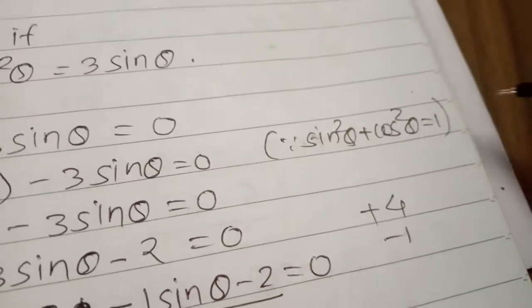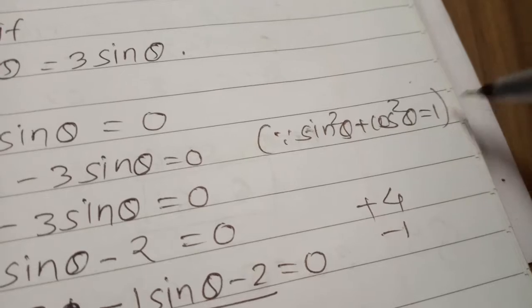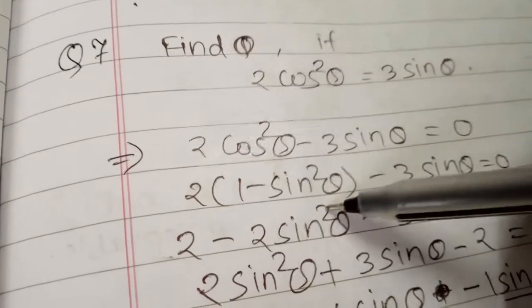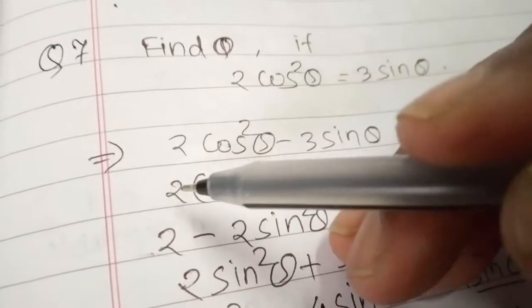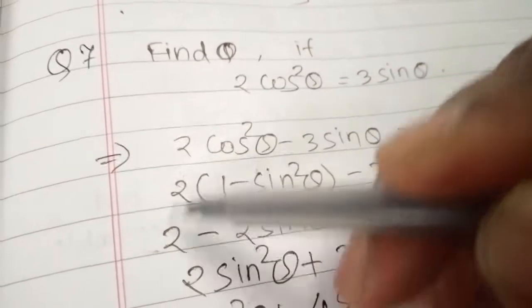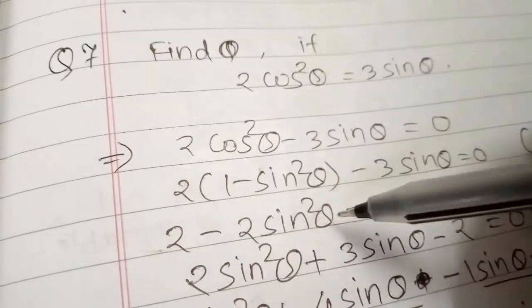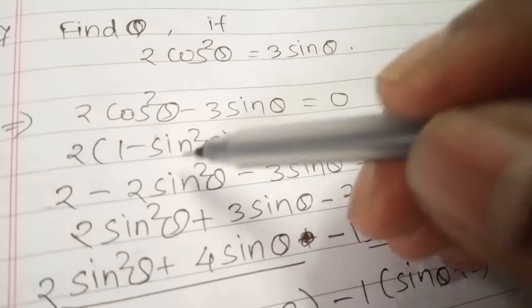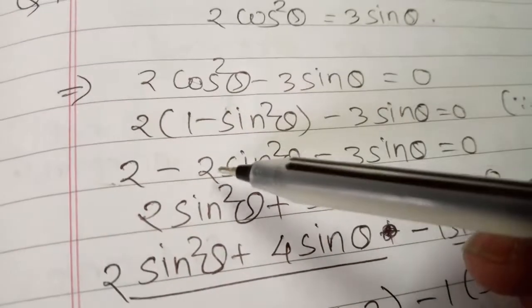सो मूव दिस साइन स्क्वायर थीटा टू दिस साइड. So we'll get 1 minus sin square theta, and this value I put here instead of cos square theta. And now we're going to multiply the bracket by these 2. So 2 ones are 2 and minus 2 sin square theta, and this 3 sin theta is as it is. Now we're going to arrange in order wise, and also we're going to remove this minus sign by multiplying with